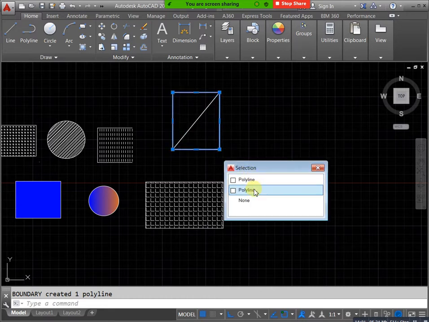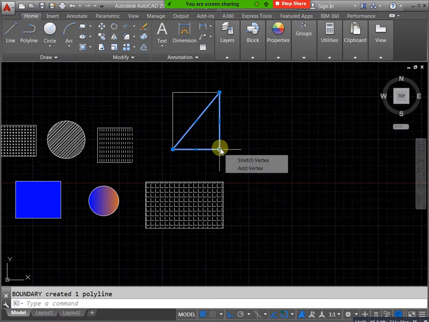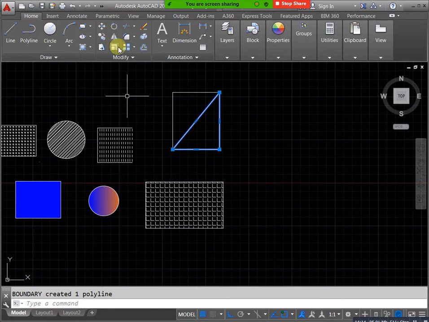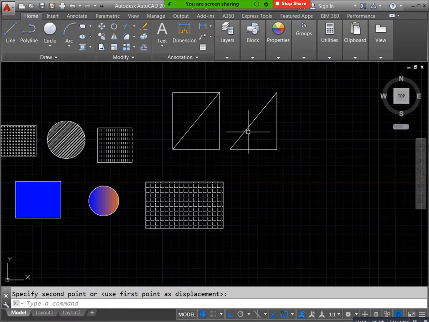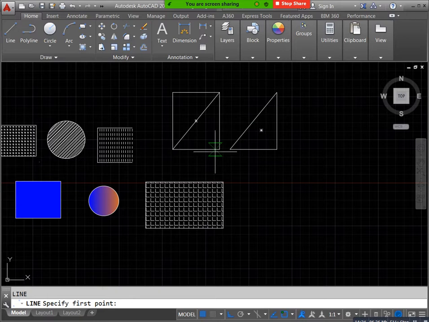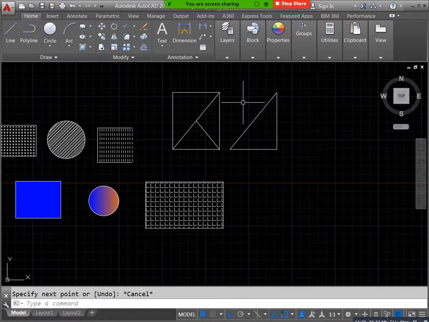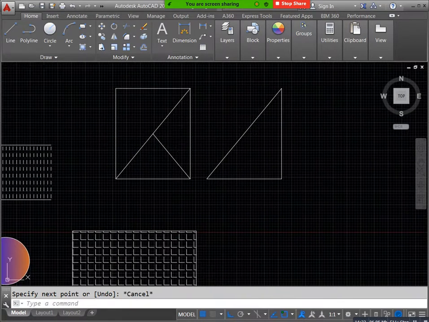Like this. Now for this type of duplicate item creation, we can easily use boundary. We need the complete region in this condition. Completely we need a closed profile. For example, I need only this triangle. Then you can use boundary again. Select this region, pick point, select this one. Again press enter, then select this polyline. Again use move and place it here like this. Okay, this is boundary.